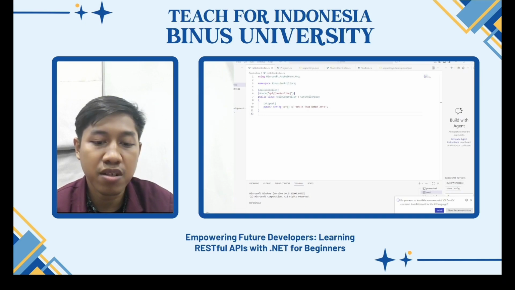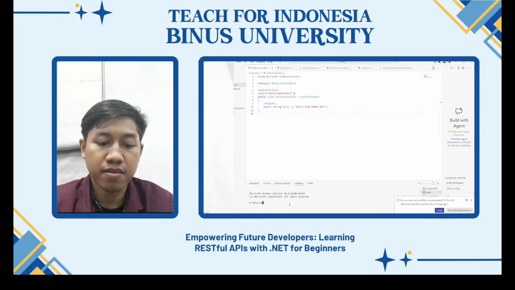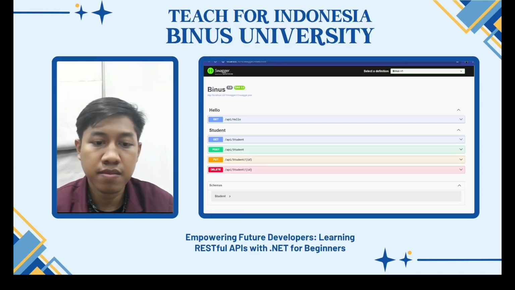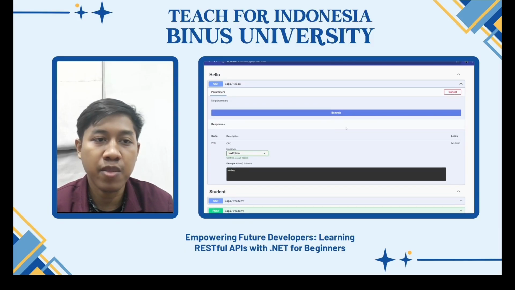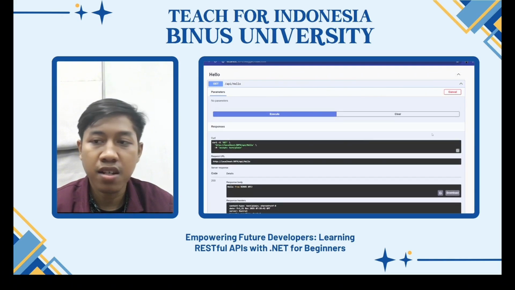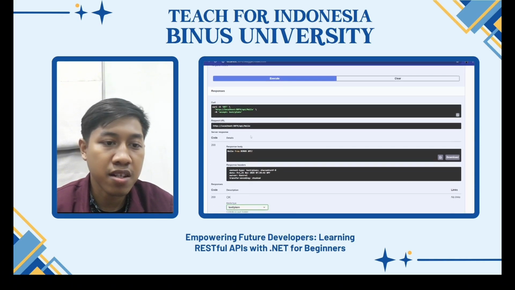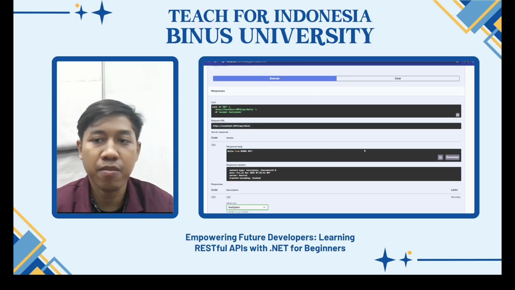After enabling controllers in Program.cs, we run the project again and the new endpoint appears in Swagger. This is the result of the API hello. We can look at this response body: "Hello from Venus API".